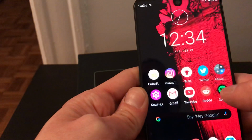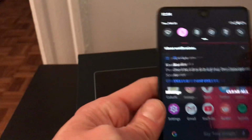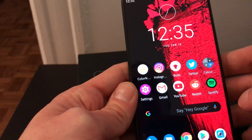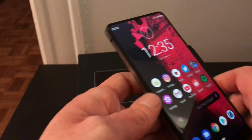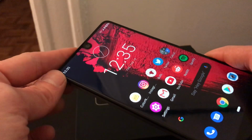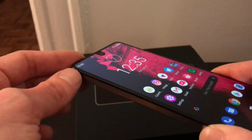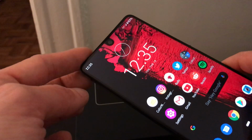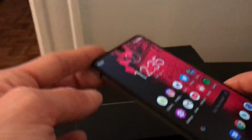And it's been fantastic. I've had absolutely no issues with it whatsoever. And the great part about it was the support behind it. So not only was Essential really committed to trying to push the boundaries with the materials that they used and the screen to body ratio, but then on top of it,